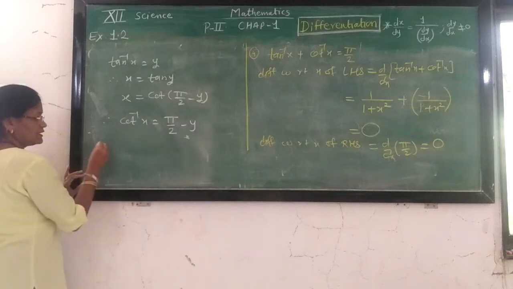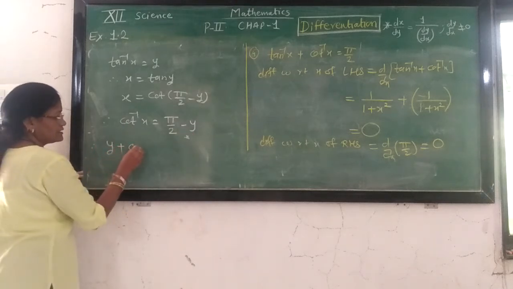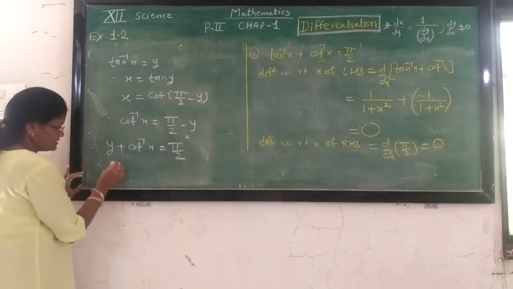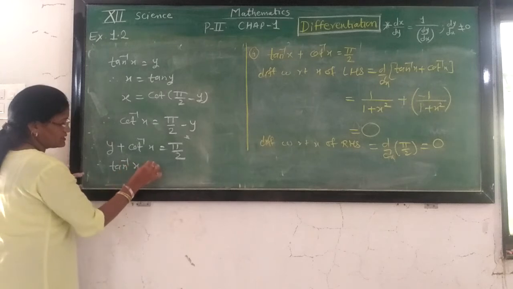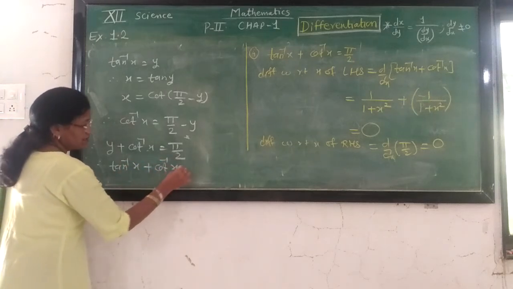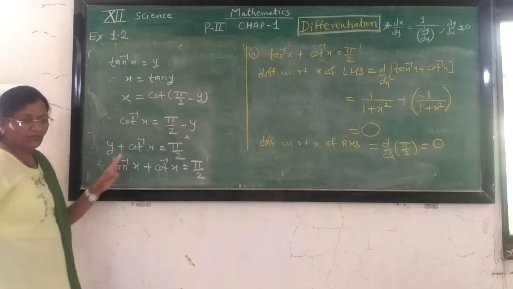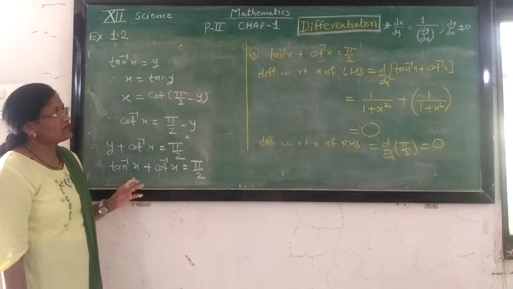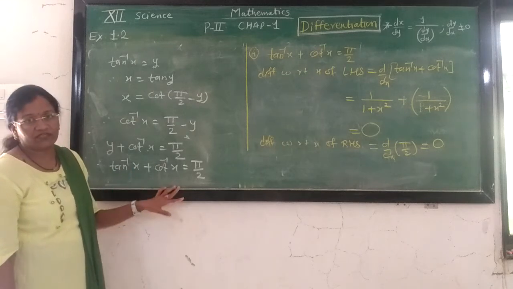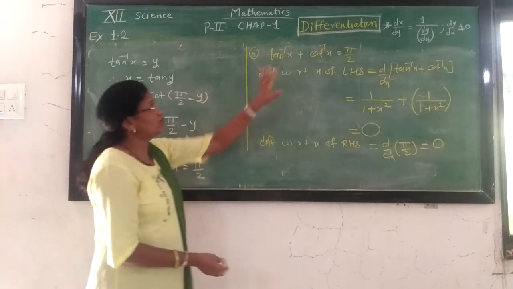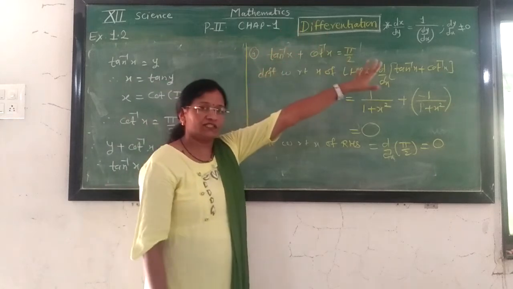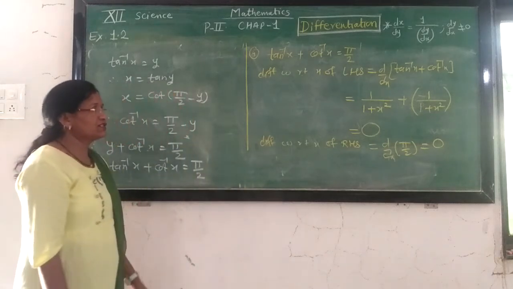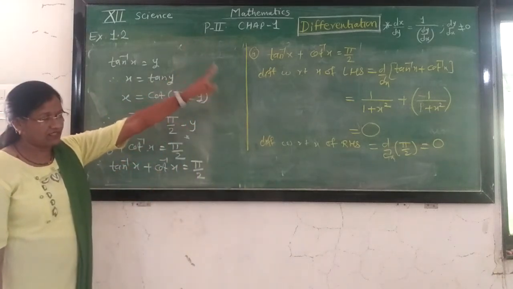Now shift this y to the left side. So we get y plus cot inverse x is equal to pi by 2. And what is the value of y? y is equal to tan inverse x, this cot inverse x as it is, and this is pi by 2. This is a result from inverse trigonometric function. So this is the identity for inverse trigonometric function. The result is given: tan inverse x plus cot inverse x. But by using derivative, we have to prove this, and therefore we take the differentiation of the left side equal to the differentiation of the right side. The differentiation of the LHS is 0, and that of the RHS is also 0. And the proof of the result by using derivative is done this time.